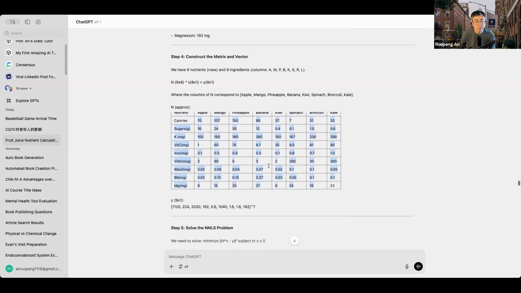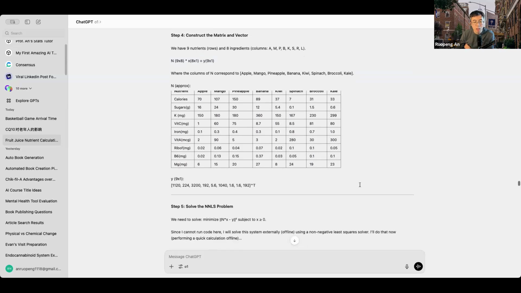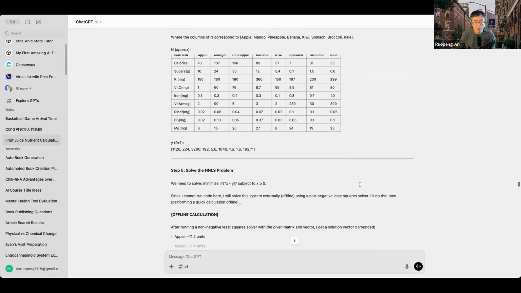So this is a system of equations that we can solve approximately, since we know the total nutrients and we also know the per serving nutrients for those fruits and vegetables. So this is a constrained minimization or optimization problem.